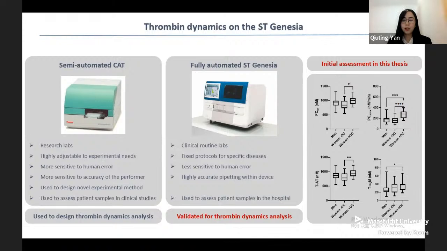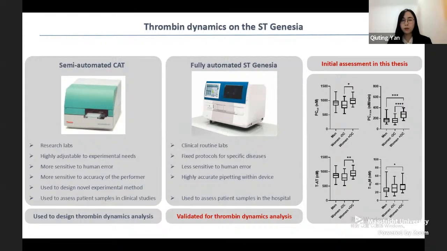Therefore, this method can be used in clinical routine laboratories with fixed protocols for specific diseases and is less sensitive to human error and highly accurate pipetting with the device. The aim of this chapter is to measure thrombin dynamics using STG media. We measured thrombin generation using three commercial reagents for STG media, STG bleed screen, thrombo screen, and drug screen